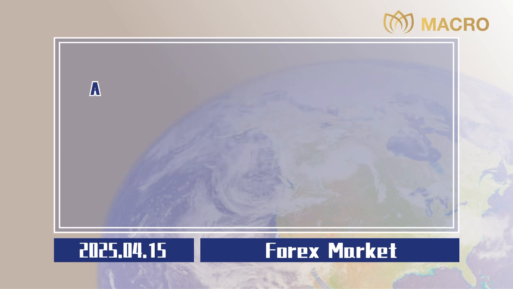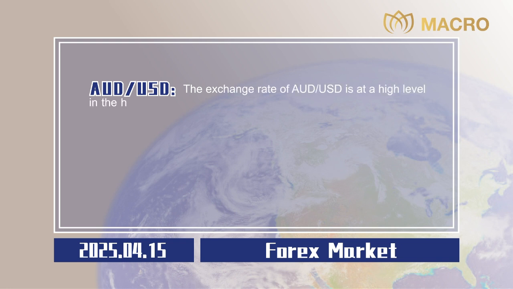0.0020. Australian dollar to US dollar. The exchange rate of Australian dollar to US dollar is at a high level in the hourly chart. The short-term 15-minute chart is in shock, and the shock range is 0.6315 to